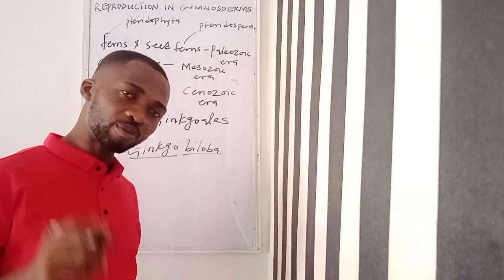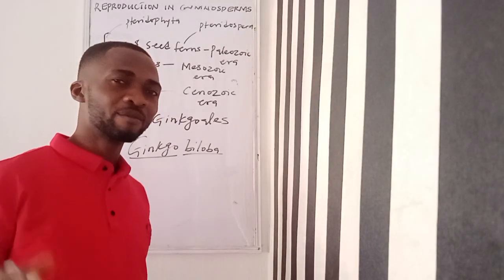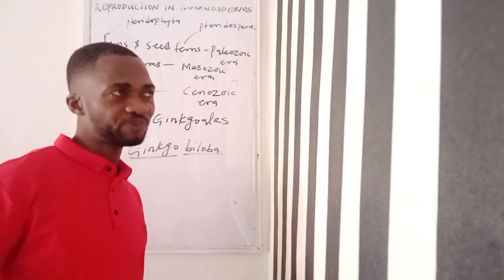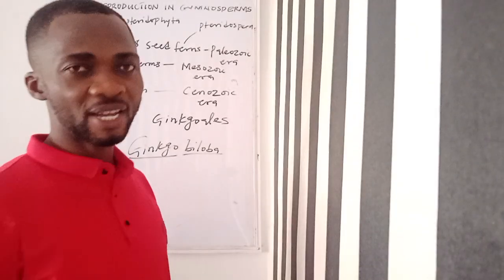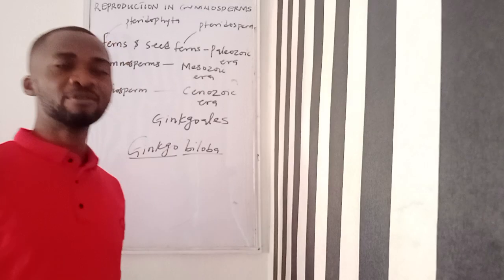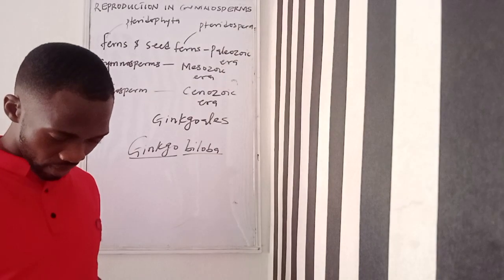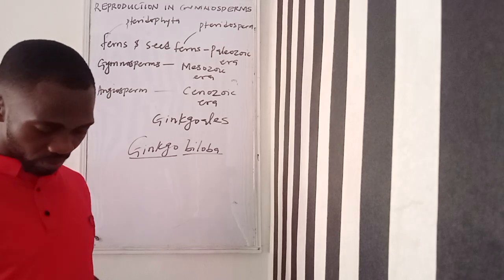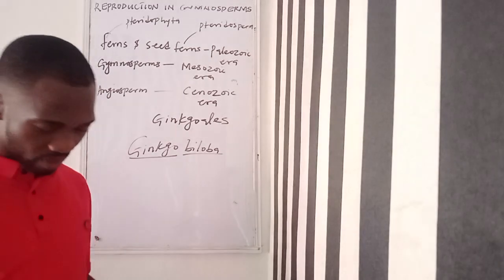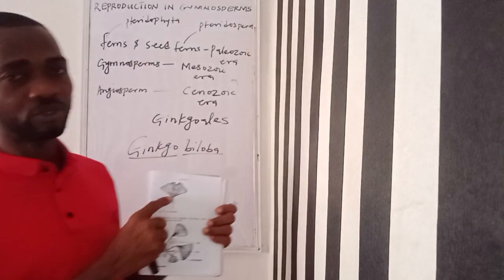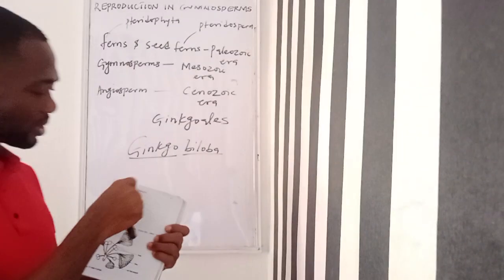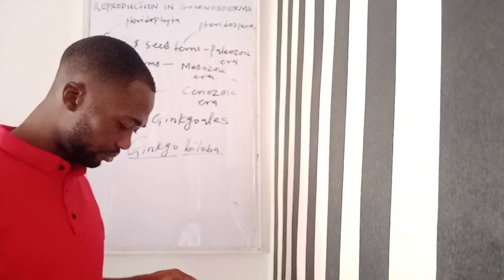Ginkgo biloba is a very tall tree. Some people call it Ginkgo. The biological terms are something else. So Ginkgo is also dioecious, just like we said that Cycas are dioecious. That means that the male and the female structures are borne on separate plants. The male strobilus is made up of paired microsporangia. Okay, let's forget about that. Look at the leaves. The leaves of Ginkgo look like a fan with a depression in the middle.